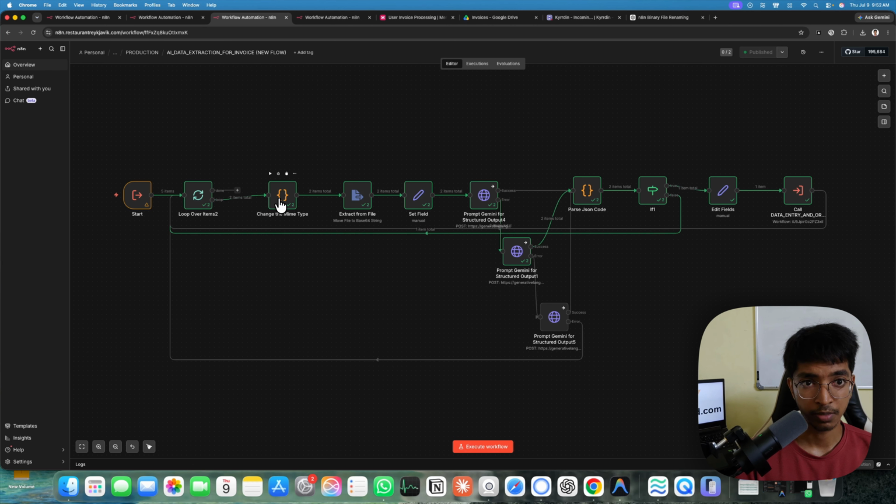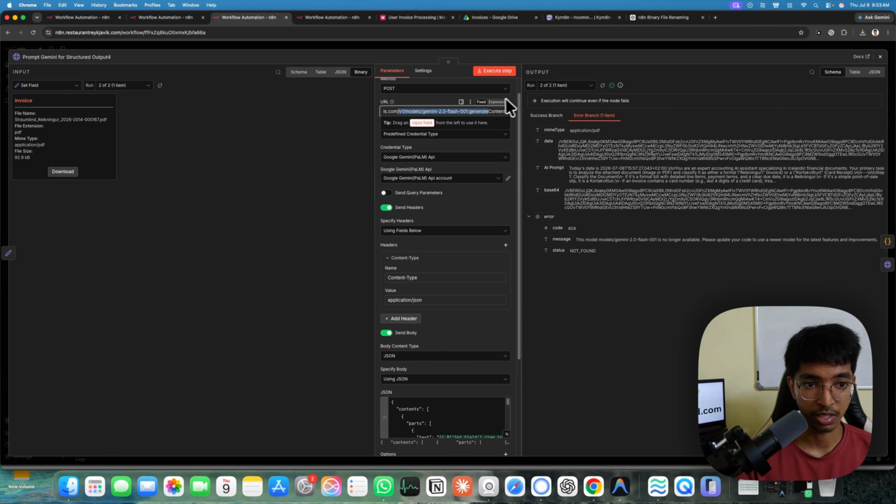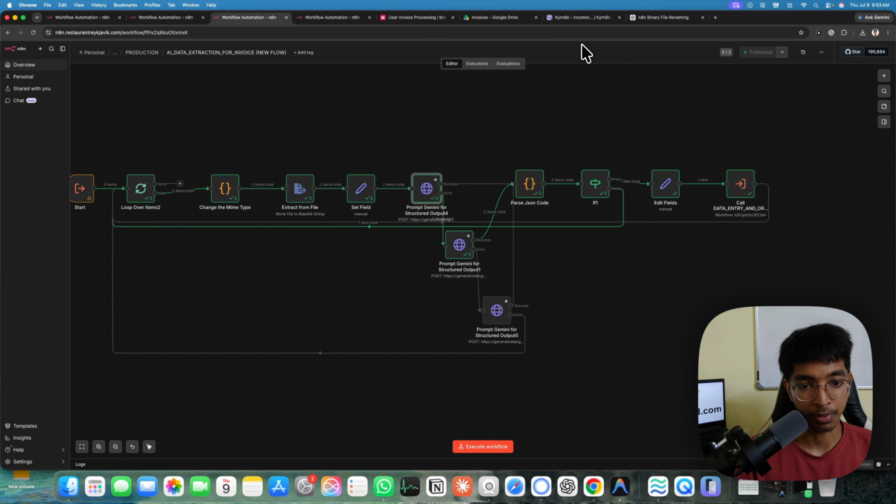And Gemini is going to process. Of course, I said, guys, this is a very old workflow I'm explaining. So I'm using Gemini 2 Flash. You just have to simply change this URL to 3.5 Flash or something very latest. You can see this model is no longer available. So this kind of situation, that's why before